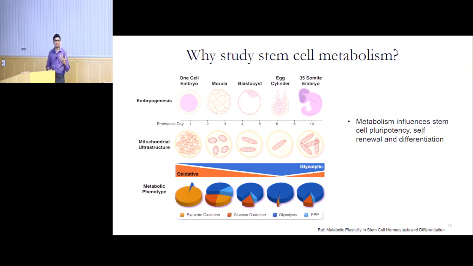So there are a lot of interesting metabolic differences known during development, but most of the studies so far have only focused on glycolysis or the TCA cycle, which are just 2 or 3 among the hundreds of pathways in a cell. So we want to take a much more systems level perspective and try to understand what is the entire set of metabolic changes that are happening during stem cell differentiation.